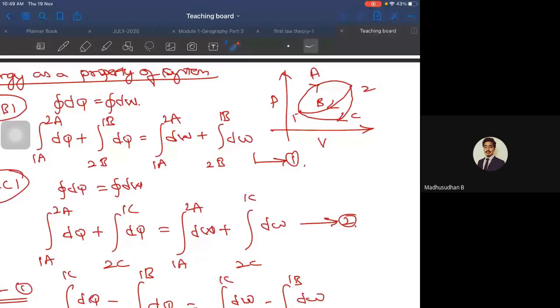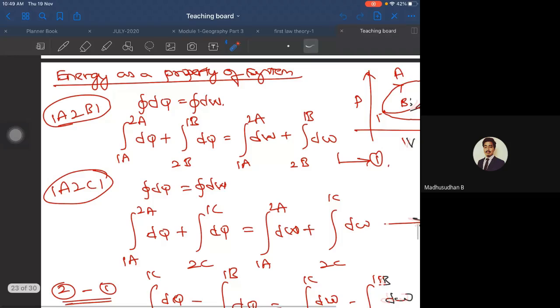Let me explain it very fast. I don't know when again it goes away. So 1 to A to 2, 2 to B, and B to 1 is the first path. It can travel in this particular cycle. The other cycle which you can expect is 1 to A to 2, but it comes back through the path C, now 2 to C and C to 1. So these two are two different paths here: 1A2B1 and 1A2C1.